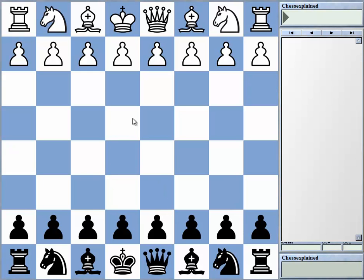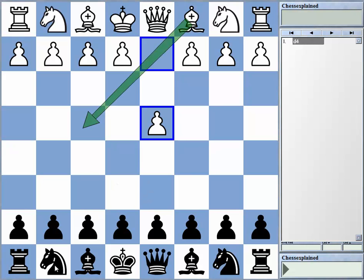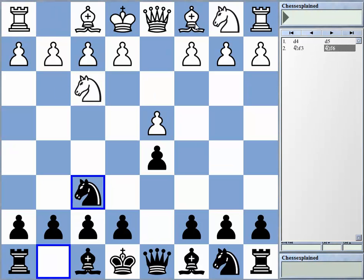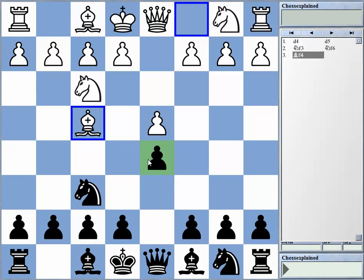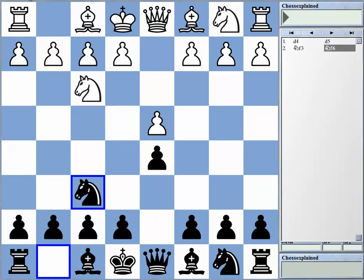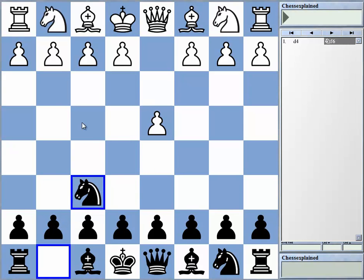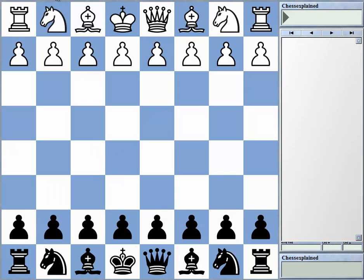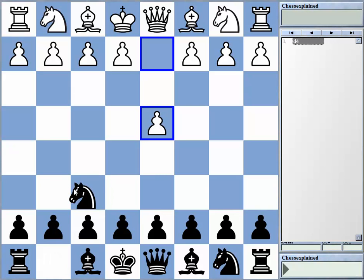This is the third part of this mini-series about the London system, from the black side, battling the London system, which means all kinds of setups with bishop f4 quickly. In the first videos, we mainly looked at this kind of stuff where black played an early d7, d5. The second video was about black playing knight f6 and g6, so he's heading for King's Indian or Grunfeld mostly. And in this video we'll be looking at